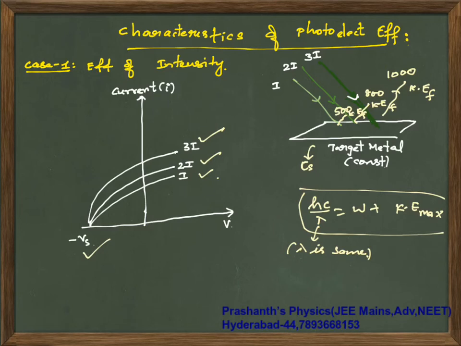Here your prerequisite parameter is that the frequency of light is constant, all are the same color. The only thing you are changing is intensity. Every color will have its own wavelength, but as long as it is green, the difference is in intensity or brightness. Right, now let's move ahead to the next graph. Relax, take your time, copy this down and then let's continue. I'm moving forward. Hope you have copied it down. If not, pause the video and copy it.